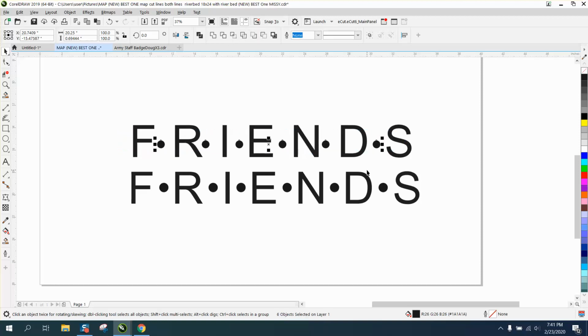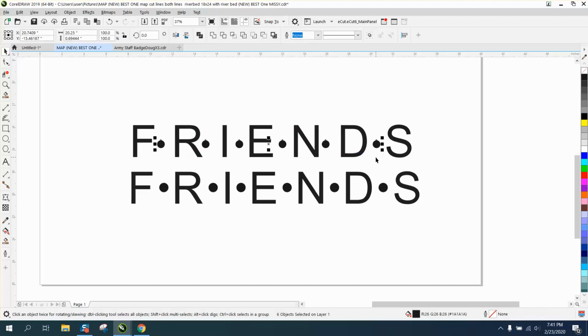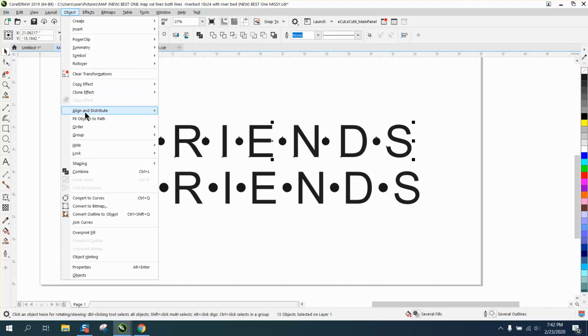and put them in the center of the page. And my nudge factor is set real low. Let me set it a little bit higher, 0.01. Let me grab those and maybe put them a little bit more in the center. That looks pretty good. Now I'm going to select them all, and I'm going to go up to Objects, Align